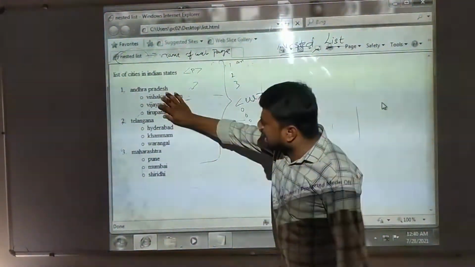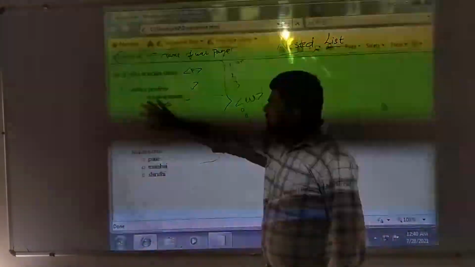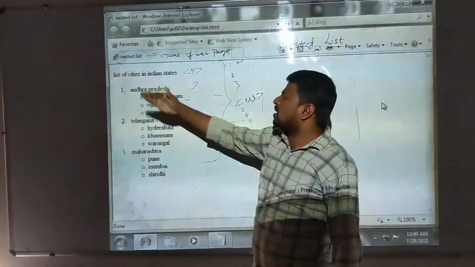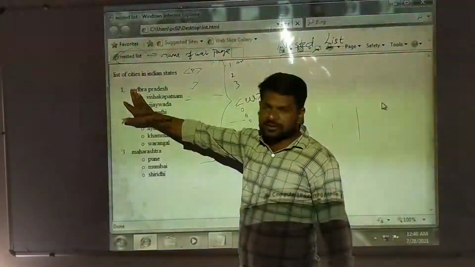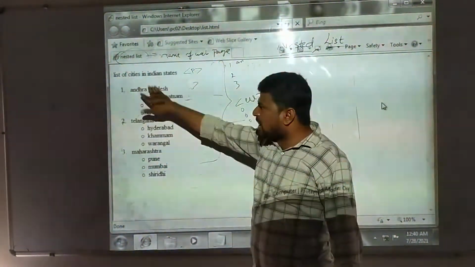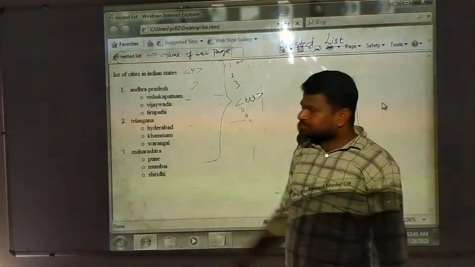Here the unordered list is displayed on our web page within an ordered list. Andhra Pradesh is the ordered list item. Within the Andhra Pradesh ordered list item we are displaying these unordered list cities.